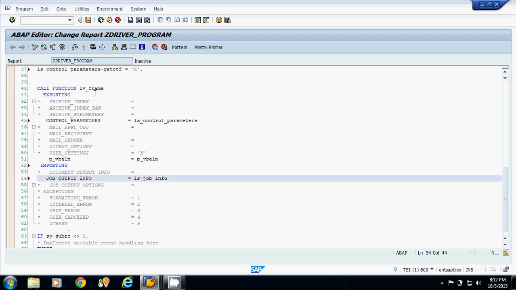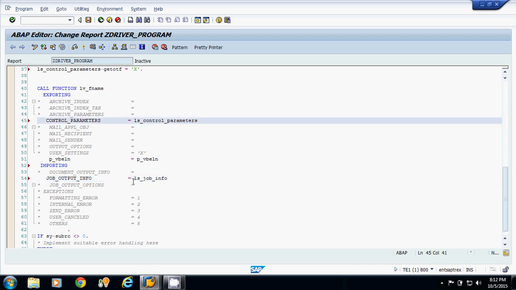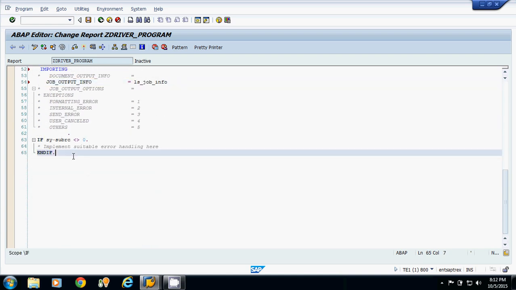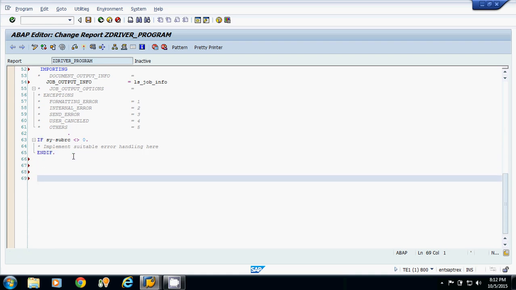Now I am passing get OTF as X. So this parameter will give us the OTF data of the smart form. Now we have the OTF data. Now I will convert that OTF into PDF. For converting that OTF into PDF, I have one reusable component, that is